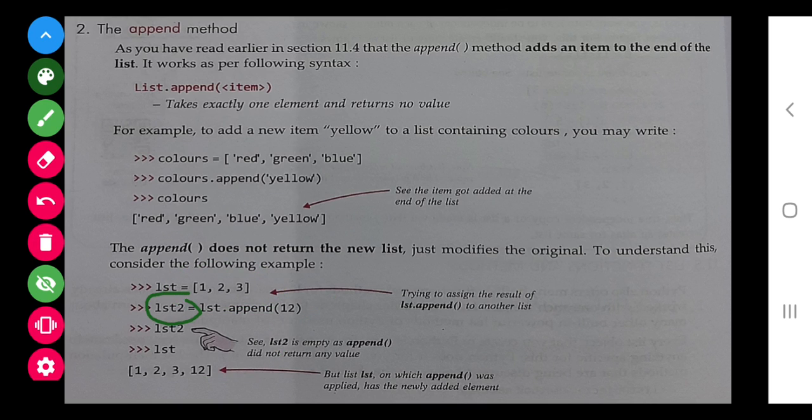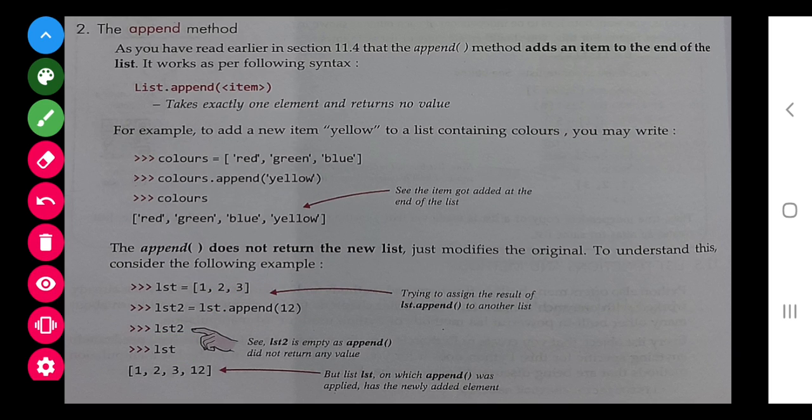You can make a new list also. This is in the same list it is added, but here a new list has been made with the name list 2. The value will also get increased.